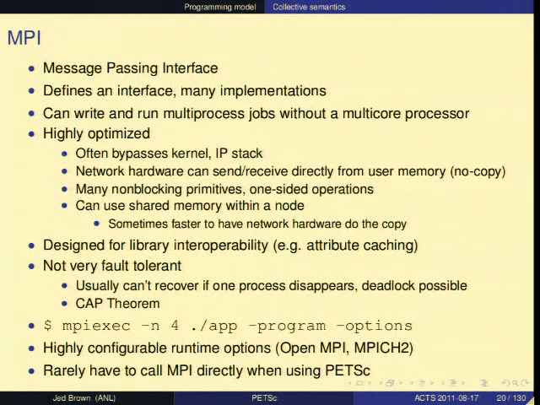You can run multi-process jobs without a multi-core processor. Yeah? Correct. You can call MPI_Init yourself, and you can tell PETSc to initialize itself on whatever subcommunicator you want. So the default is that we call MPI_Init.